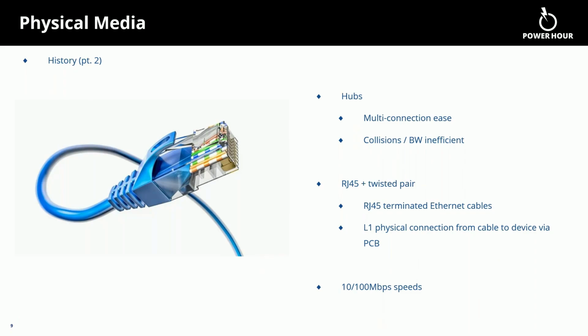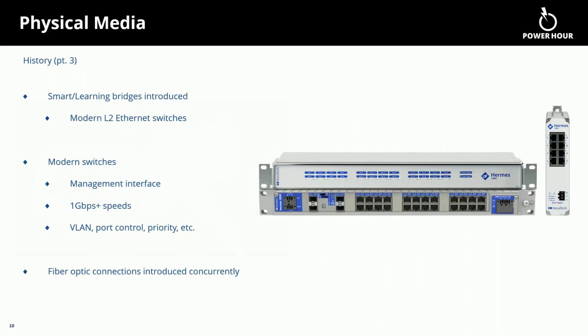But speeds did increase up to 100 megabits per second for hubs. But now today, the modern Cat8 Ethernet cable can support speeds up to 40 gigabits per second over short distances, which I believe is just under 100 feet. All right. And as networks expanded, smart bridges and the modern L2 Ethernet switch was introduced to reduce collisions and